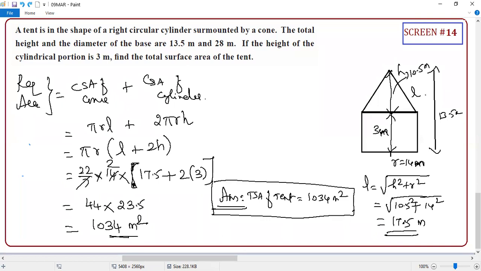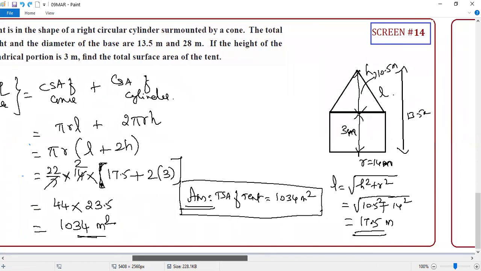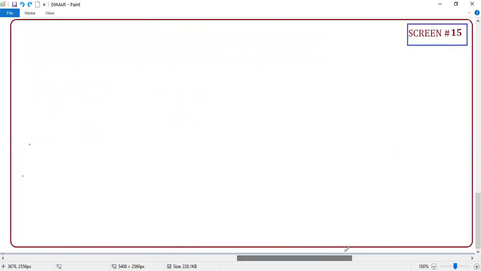Okay. So guys, I'll give you some homework, right? I'll put on the screen numbers 15 and 16, and try to do it. Correct or not? Try to do it.